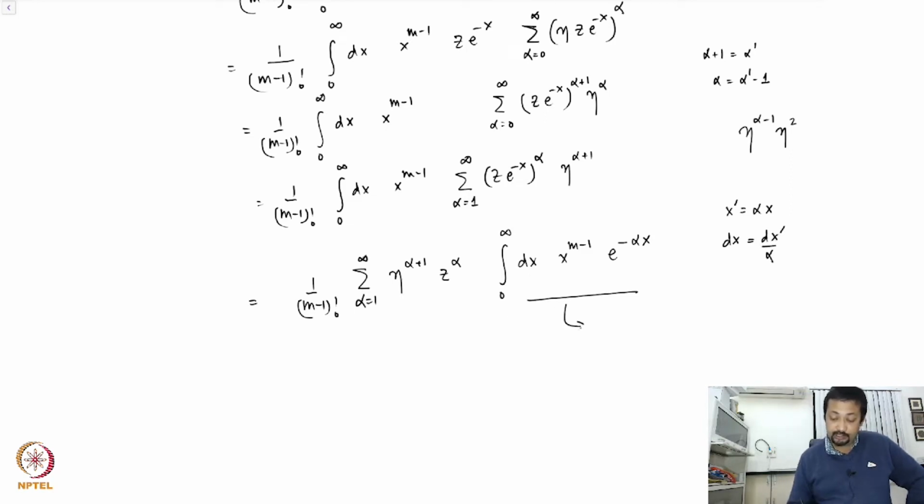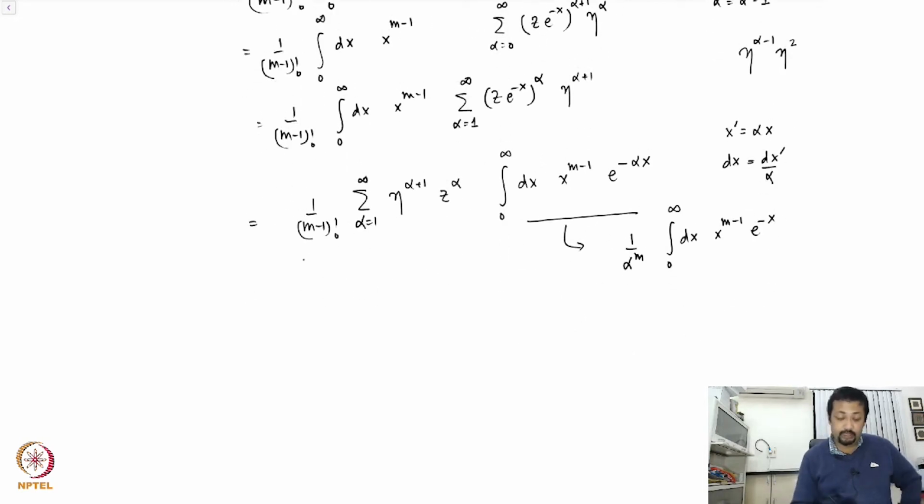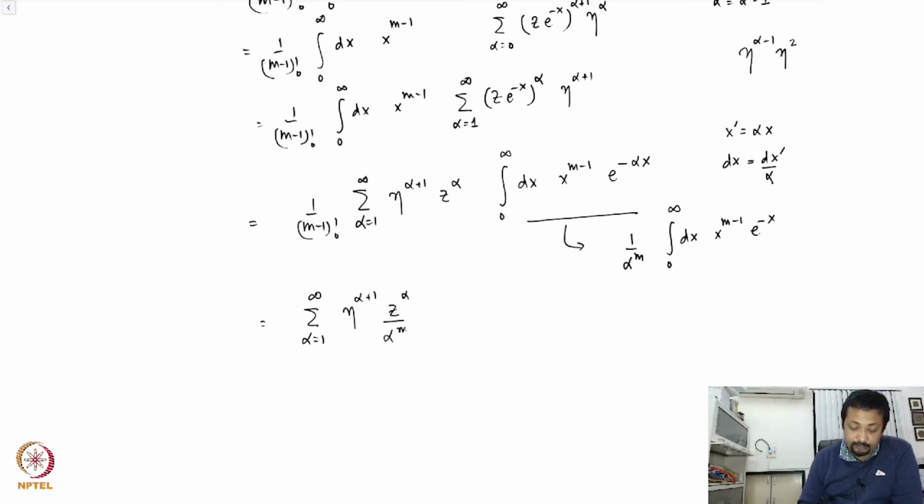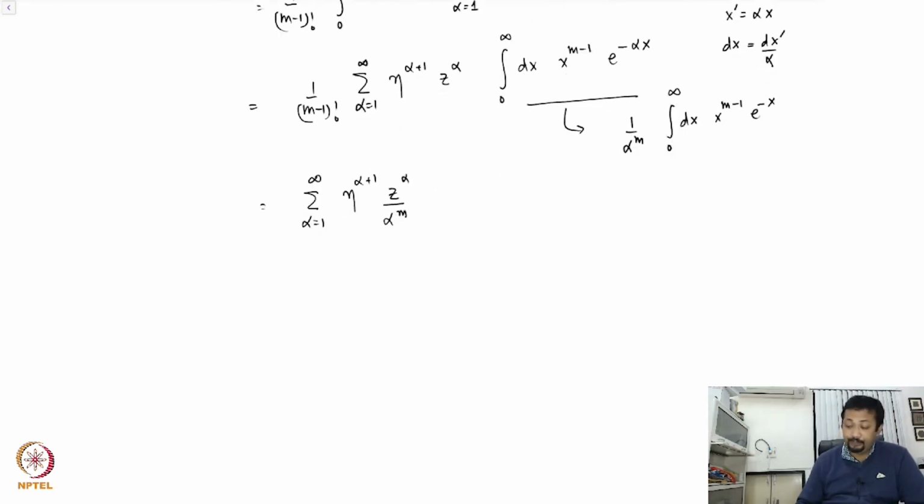And you see that this integral I can recast as 1 over alpha to the power m, integral from 0 to infinity dx x to the power m minus 1 e to the power minus x, which is nothing but the factorial (m minus 1) that will cancel with the prefactor, and therefore you are left with the sum over alpha equal to 1 to infinity of eta to the power alpha plus 1, z to the power alpha divided by alpha to the power m. So which means the high temperature expansion,